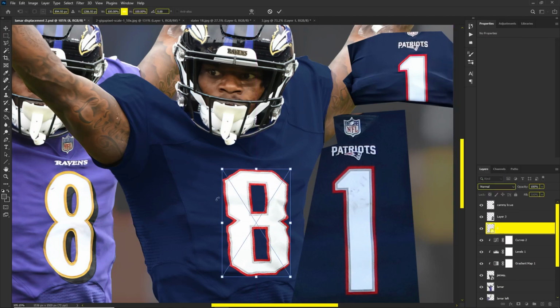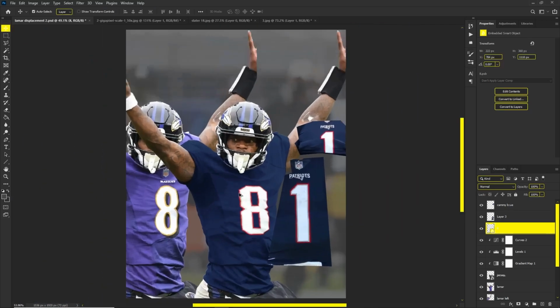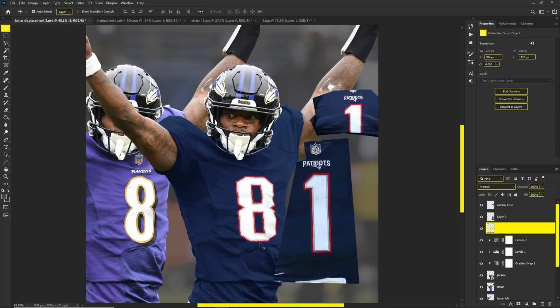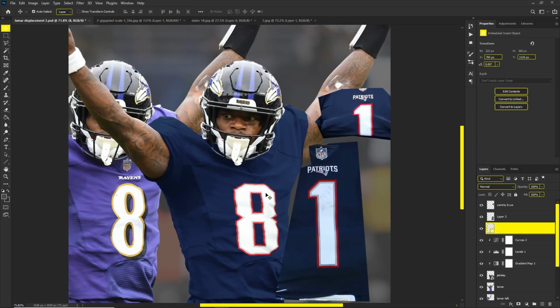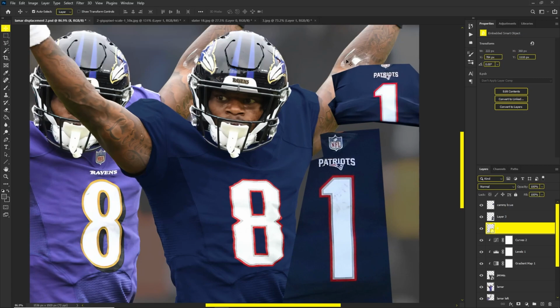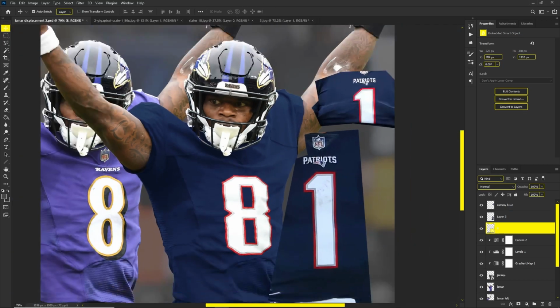All right, so I'm satisfied with that, but I'm just gonna move it over a little bit like this, and that was the warp tool. So just do that and make sure it looks nice and neat, and then after that I'm gonna go and pretty much do the